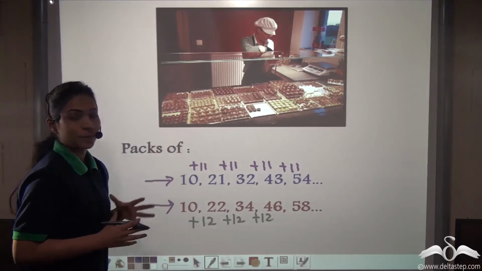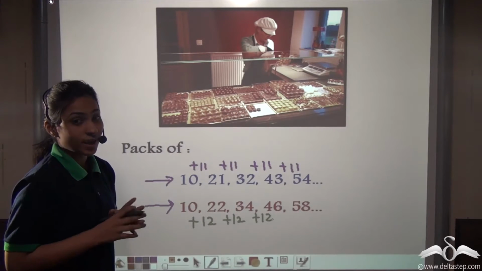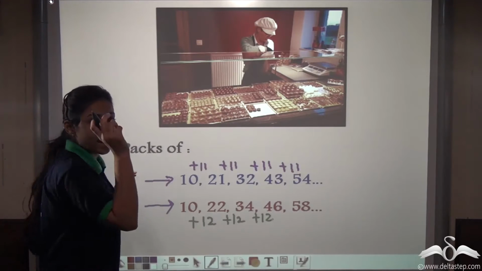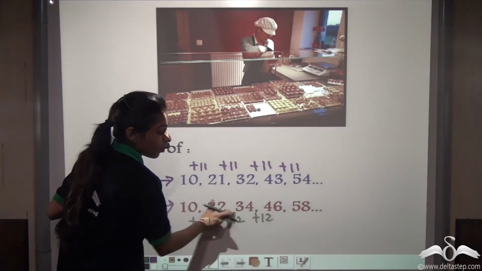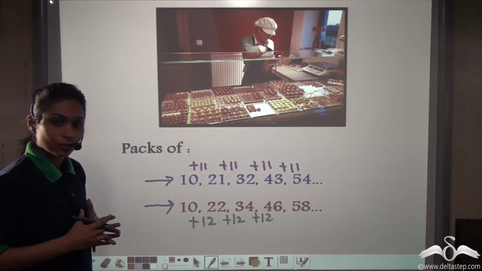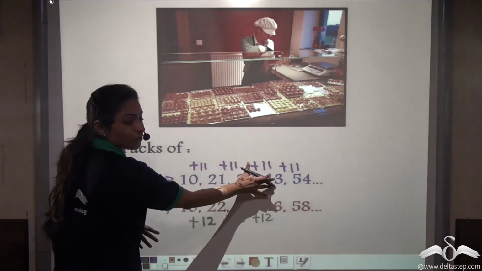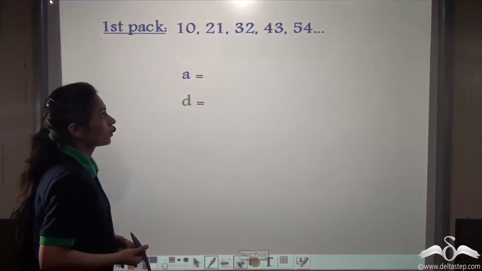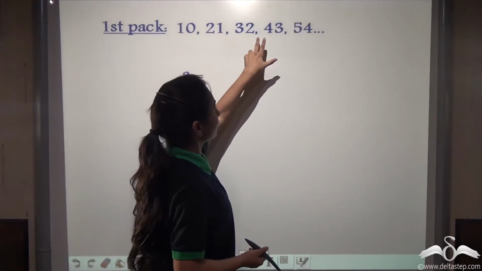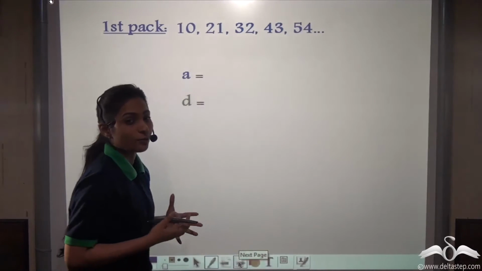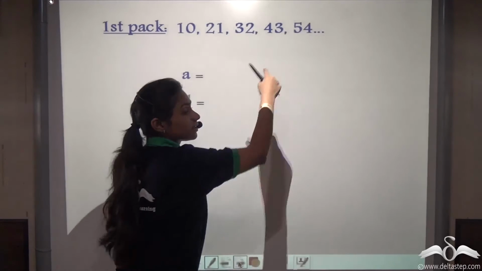So now the shopkeeper asked them, which one of the packs would you like? Now the children had to see whether the term 82 falls in this pack or in this pack, because they had 82 rupees and they could buy that many toffees only. So they checked the first pack. See, here the first pack was like this, 10, 21, 32, 43, 54 and so on. And what they have to find out? They have to find out whether 82 lies in this series or not.